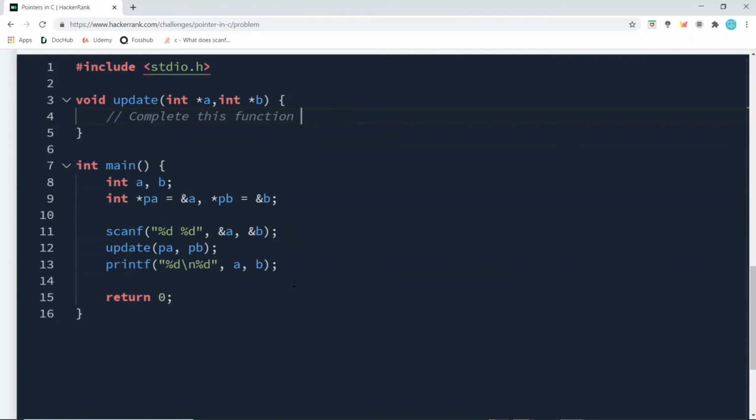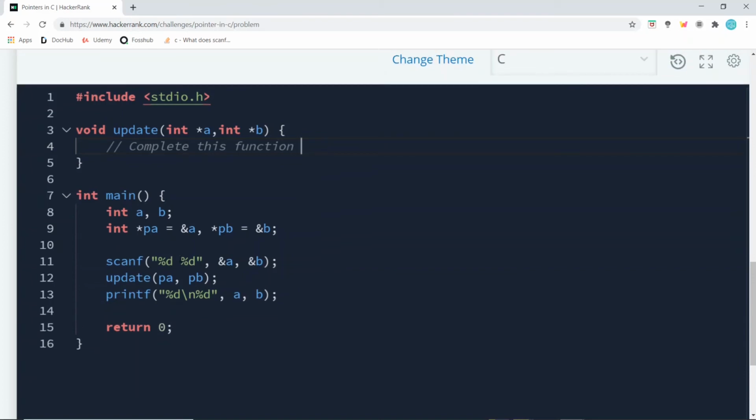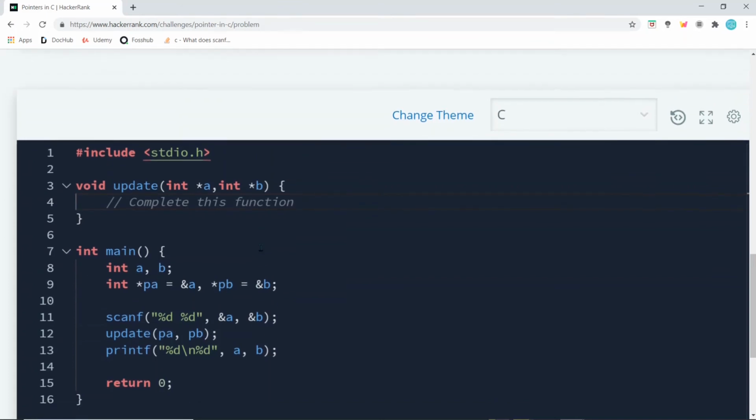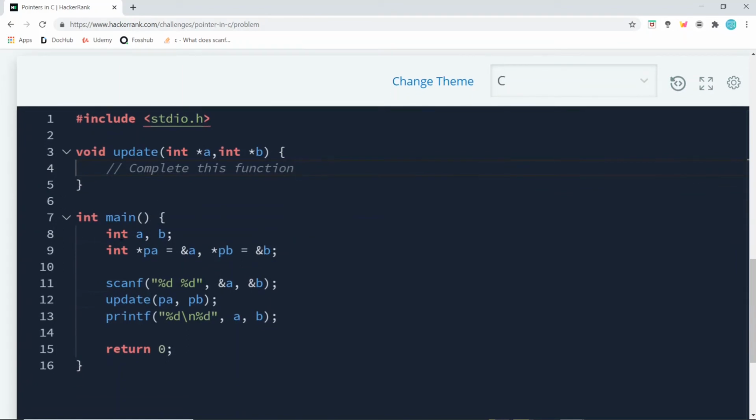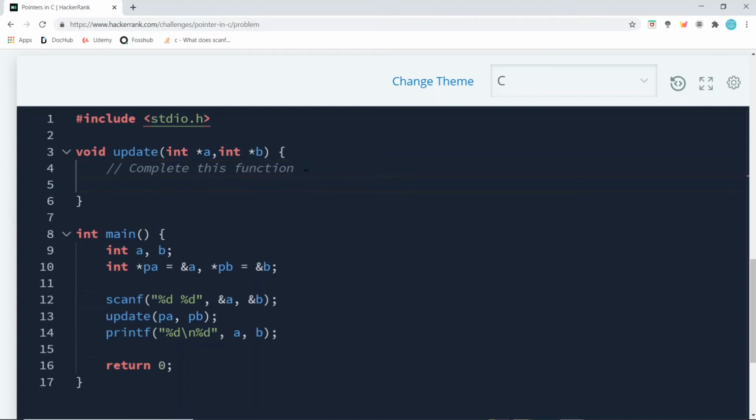We have to update the values that we are getting. This function passes two values, pa and pb, and it returns something that has the type sum and difference of a and b.